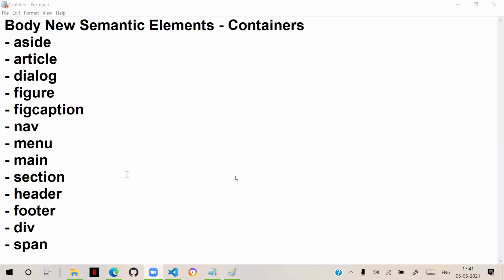We can design one page layout with the help of all these elements, which we will see in our next session. Tomorrow we will design a simple layout page with the help of all these options in the body section. Tomorrow we will continue with the body semantics: what are those and how to use them and how to design the pages. Based on that, I will give you some exercises now. You can practice. Tomorrow we'll continue.